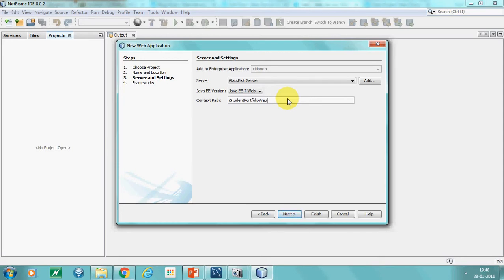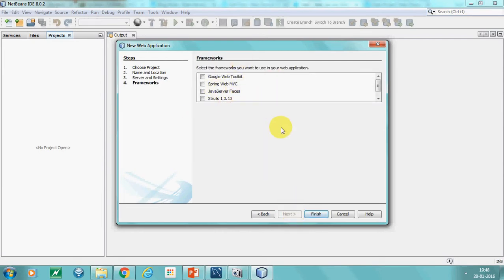So in your URI path, this context path would exist as one of the components. So in your entire URI, when you have the protocol, the location, then you have the context path, and then you have the resource type and the resource ID, the 5 components are there. So this name is going to be there in your URI. Then you click upon next.